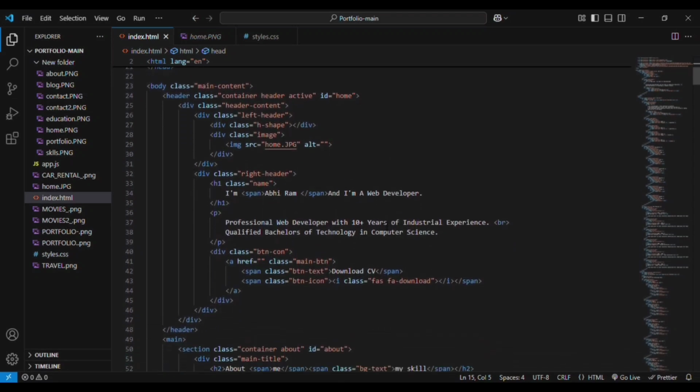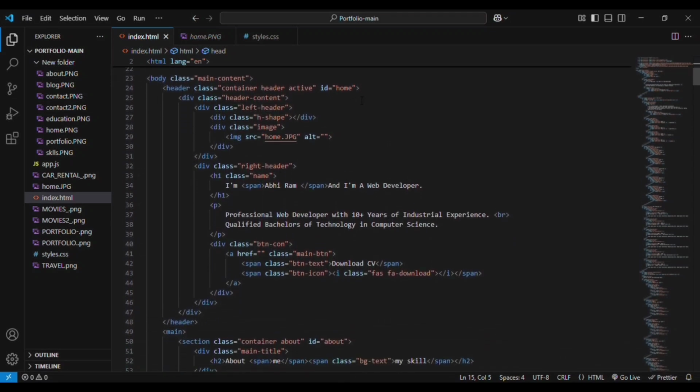Right now we are in the header section. In the header section, we have the main div, that is header content, and then we have the div of header left, inside which we have the main image using the image tag, that is home image. Then we have another div for header right. In that we have the h1 element, that is the heading element,